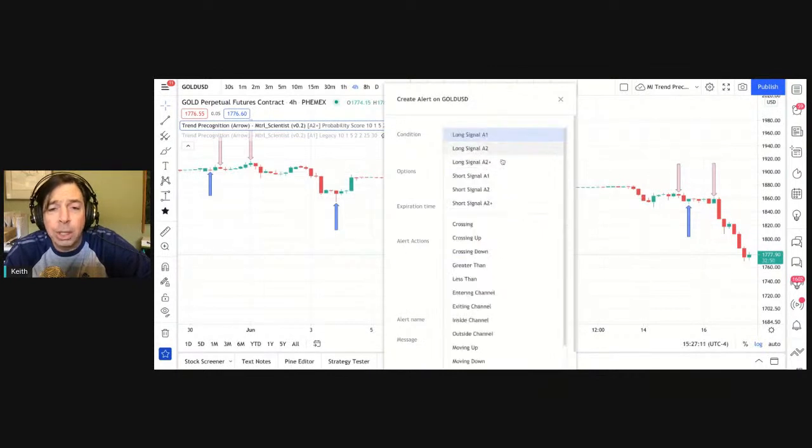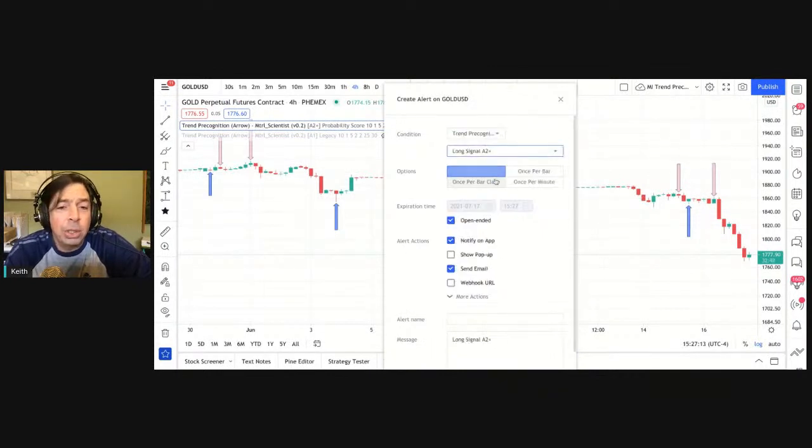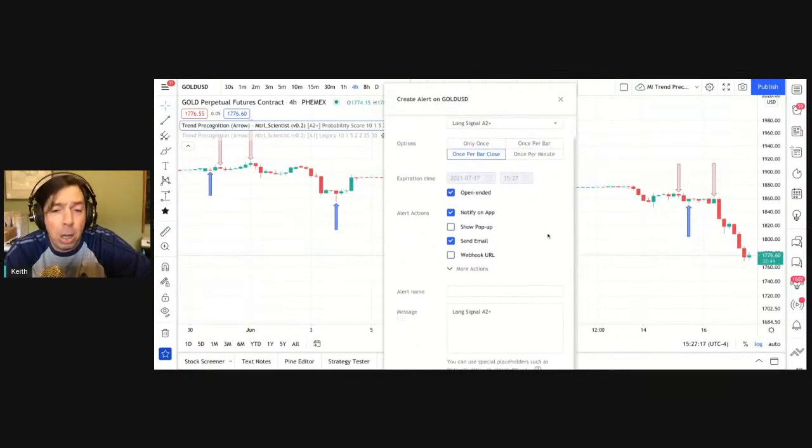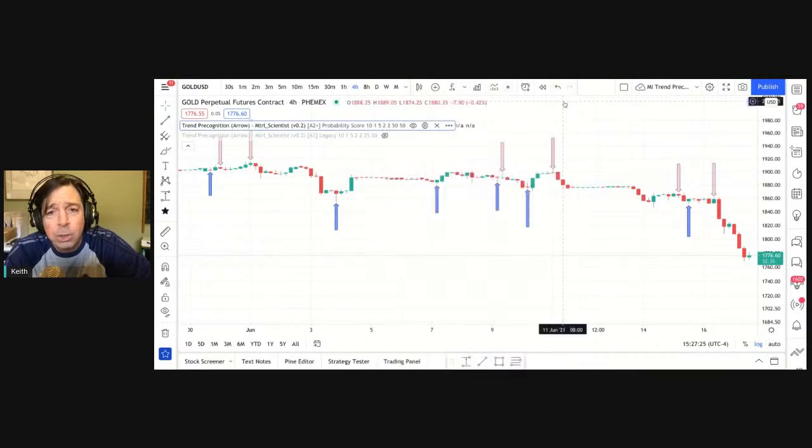You're going to want a long signal on your A2 plus. You want it once per bar close. Remember, per bar close, because it could flash off and on throughout the candle. And then you're going to put your commands in here. Pretty simple. So hopefully that answers your questions.